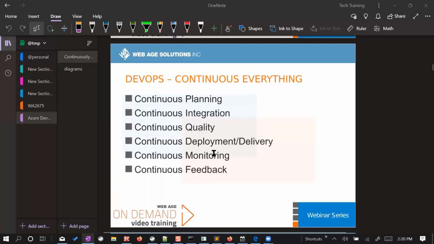Okay, any questions so far regarding DevOps, the continuous everything concept? Okay, so